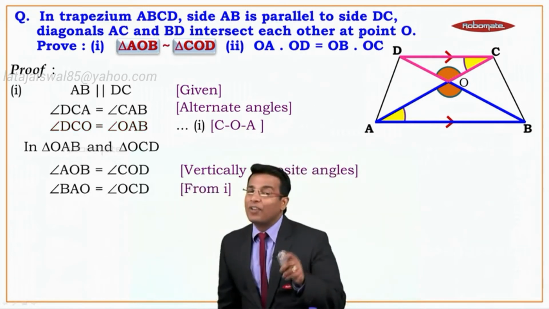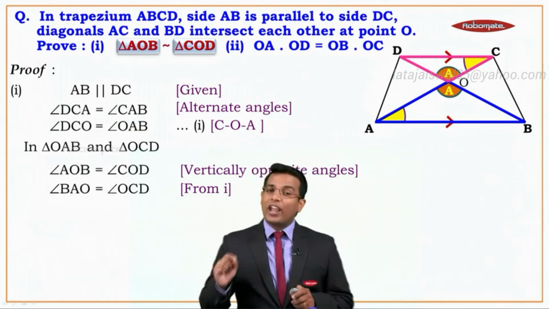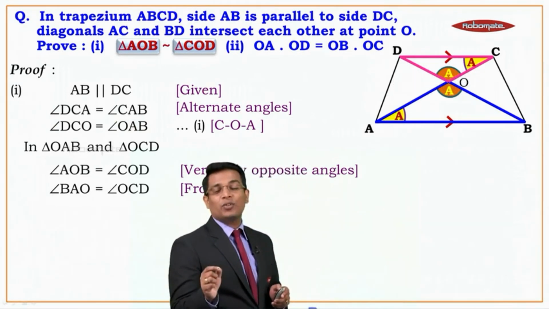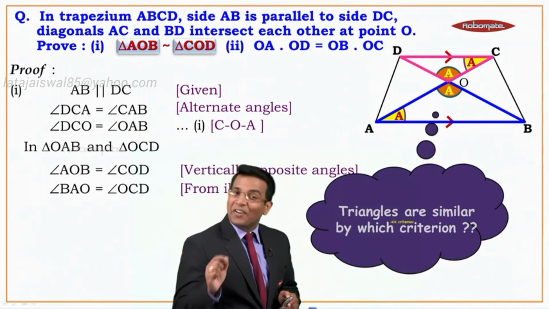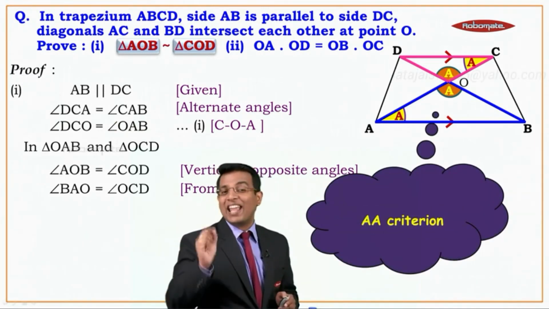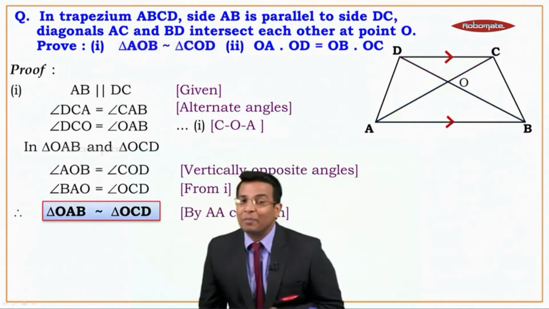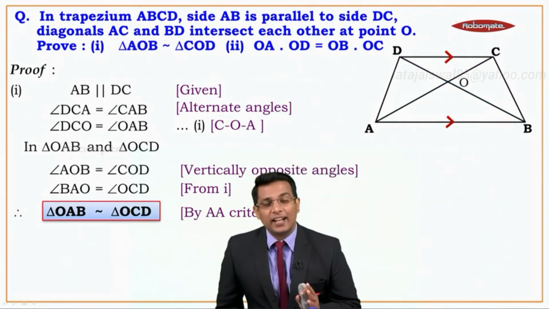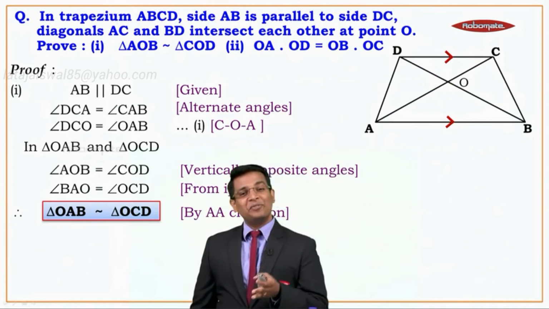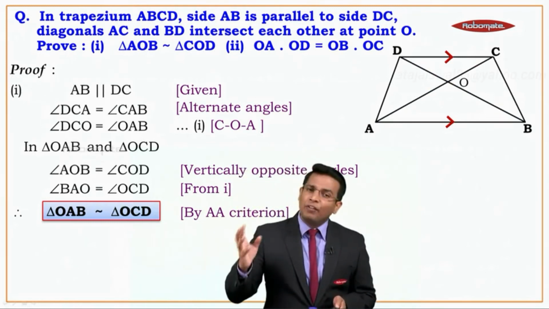Beautiful. So now we have both the triangles to be similar, that is triangle OAB is similar to triangle OCD, right? We have these two triangles to be similar, but by which criterion? We know that they are similar to each other by AA criterion. So we write there that these two triangles are similar by AA criterion of similarity. So we got this, triangles are similar. So beautiful. So isn't the first part done? The first part is over. Wasn't that very easy? Yes. Now we move on to the next part.